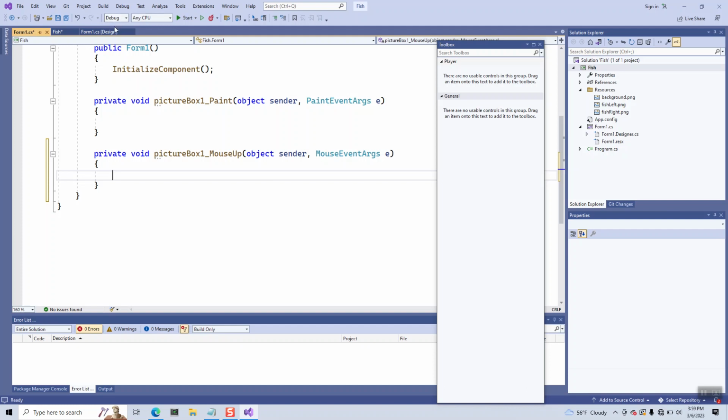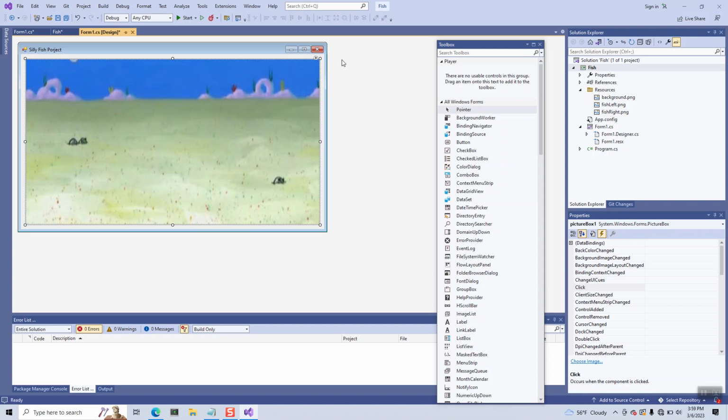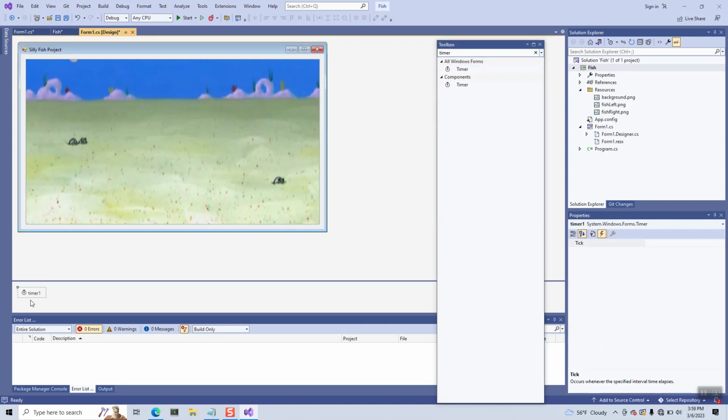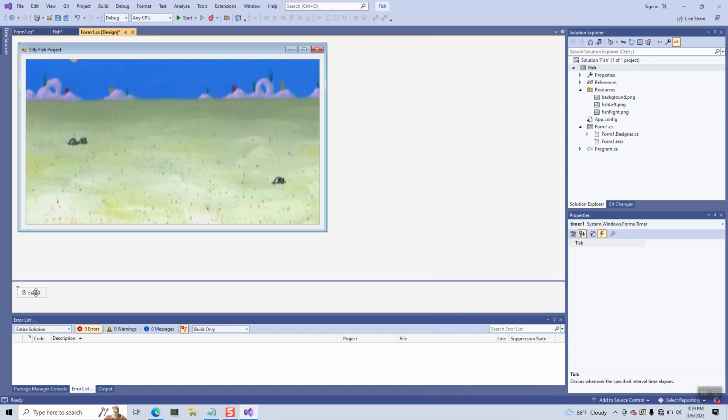Okay, so let's go to our form here. And I'm going to select timer up here. So I'm going to take a timer, I'm going to drag it onto the form, and you should see now the timer control down here called timer 1. So timers aren't really visual, you're not going to see them on your form. Let's select timer 1 now and go to its